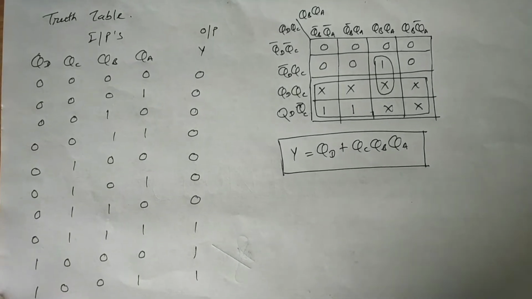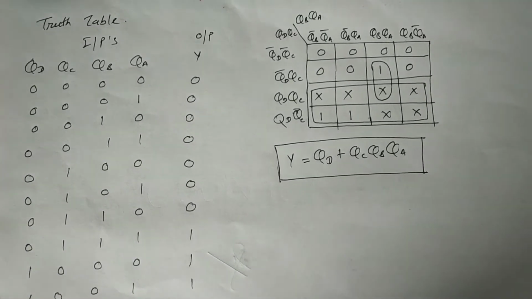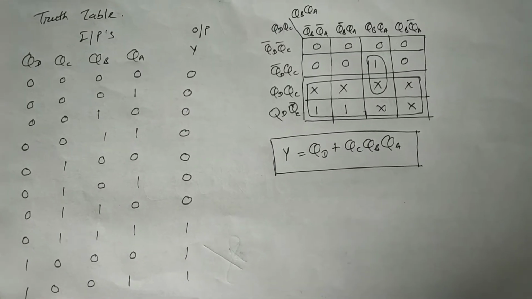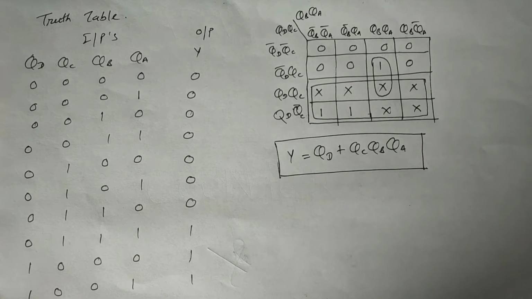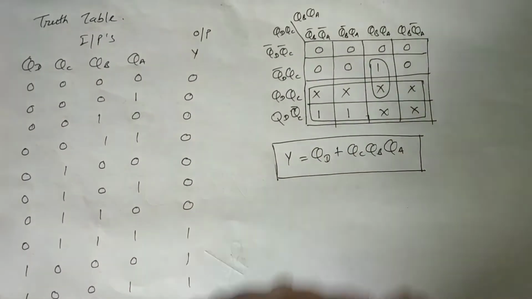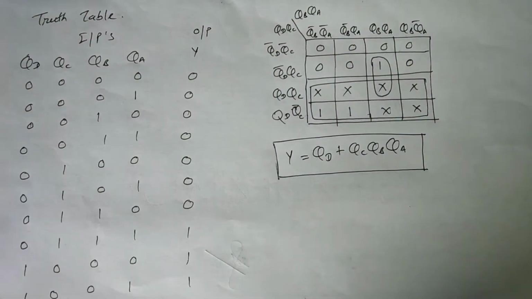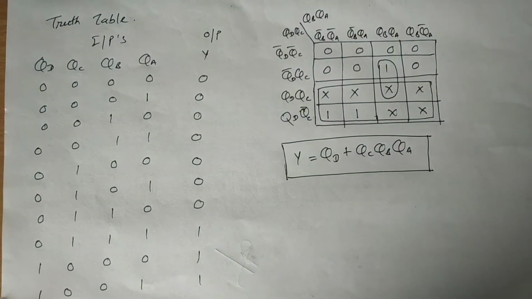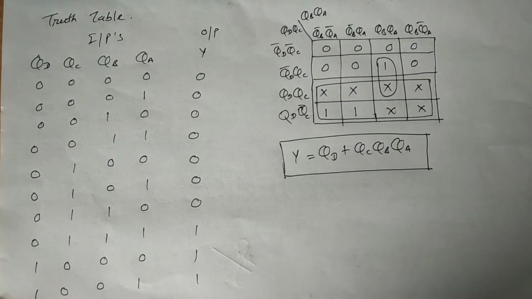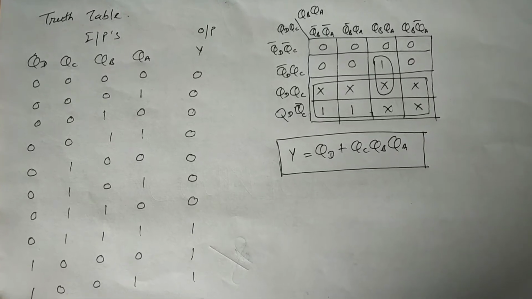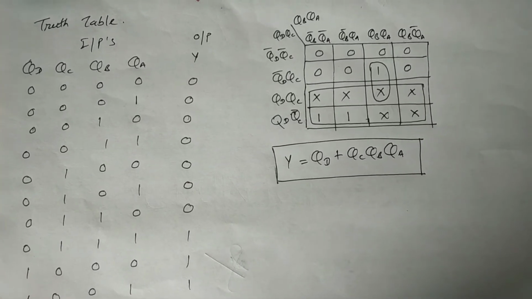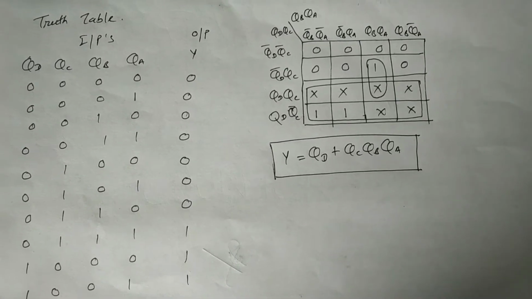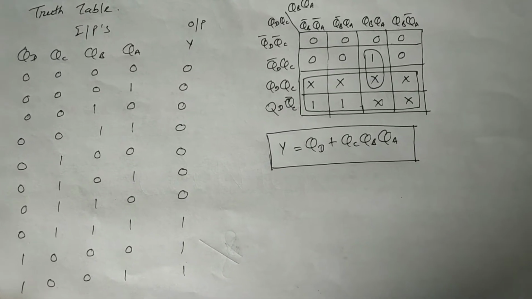So why have I taken 4 bits? Since there are 10 states in mod 10, and for 10 states we can't draw the truth table, since a truth table may be of 8 cells or it may be of 16 cells, right? So a 10-cell truth table is not possible, so that's why we have to take a 4-bit number. That means it may have 16 cells, right?